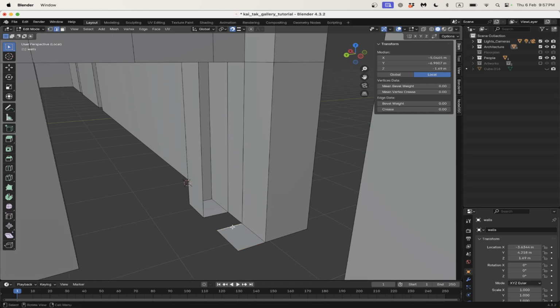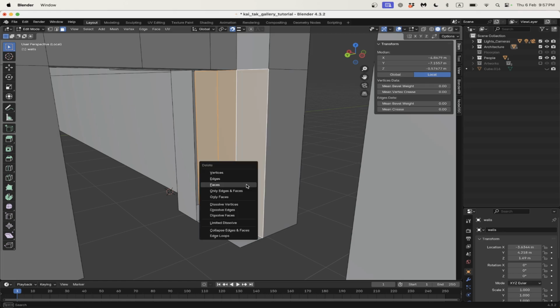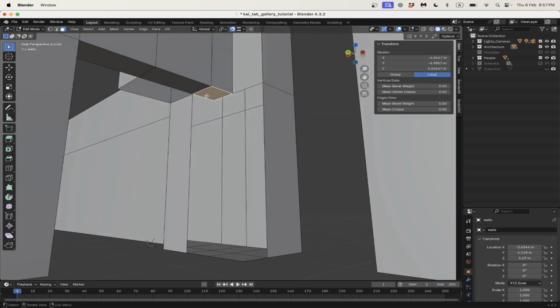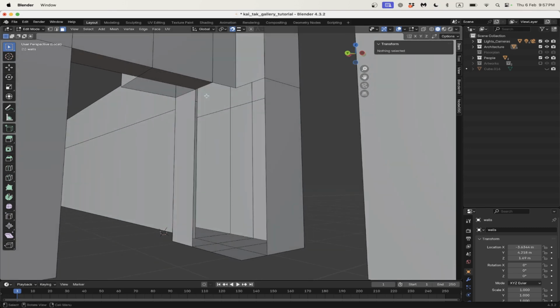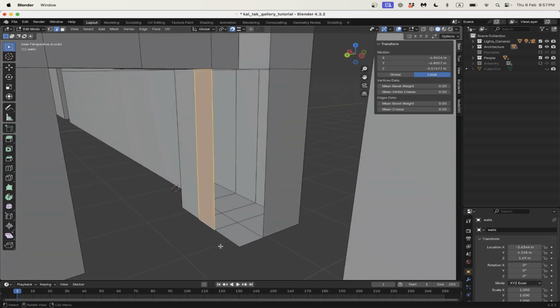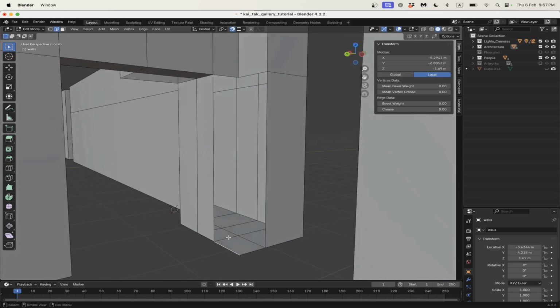Now I'll go into edge select, fill that. And then I'm actually going to go into face select and delete these faces. X delete, and that one too. X delete, and then edge select, and I'm just going to fill, F for fill,